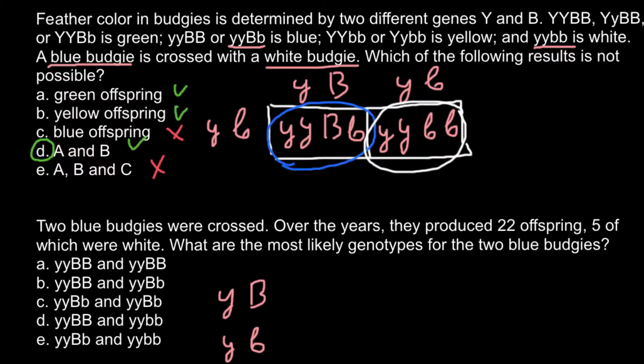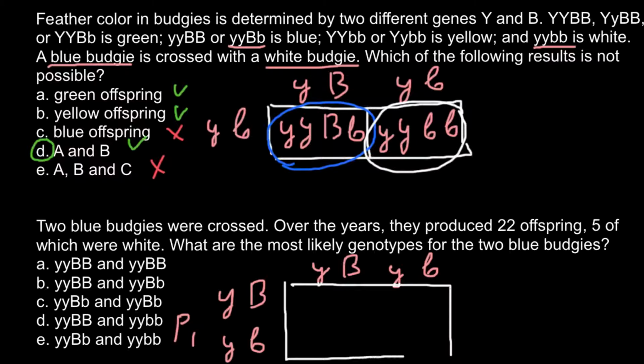And we have to cross with parent 2. So this is going to be parent 1. And parent 2 also can produce the same two types of gametes, so small y and capital B and small y and small b. Once again, we build a Punnett square and we would be able to find genotypes of the diploid progeny. And here, so this is going to be parent 2 and two possible genotypes of the gametes for the parent 2, as you see, the same variants as for the parent 1,